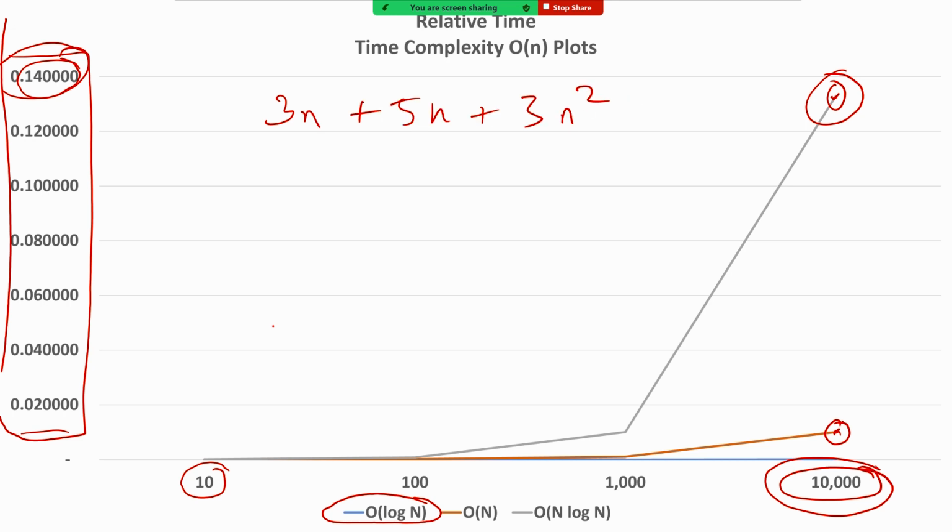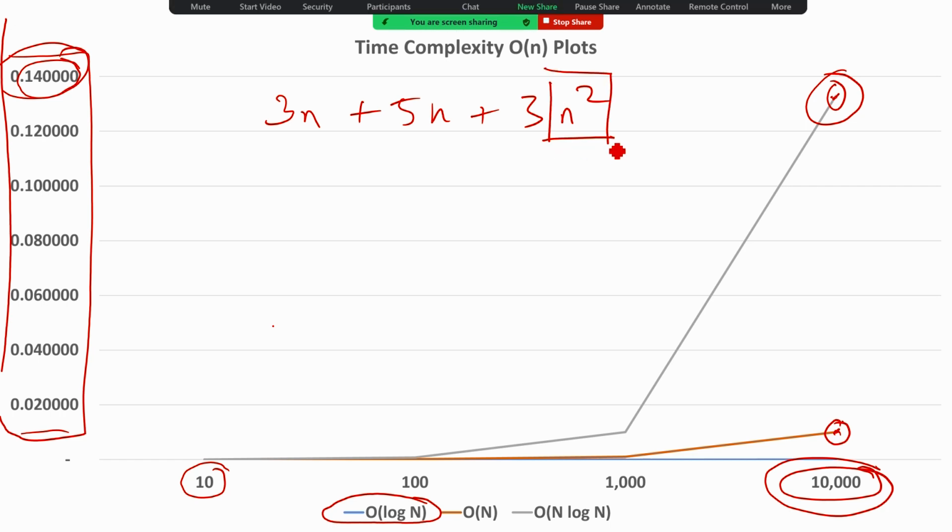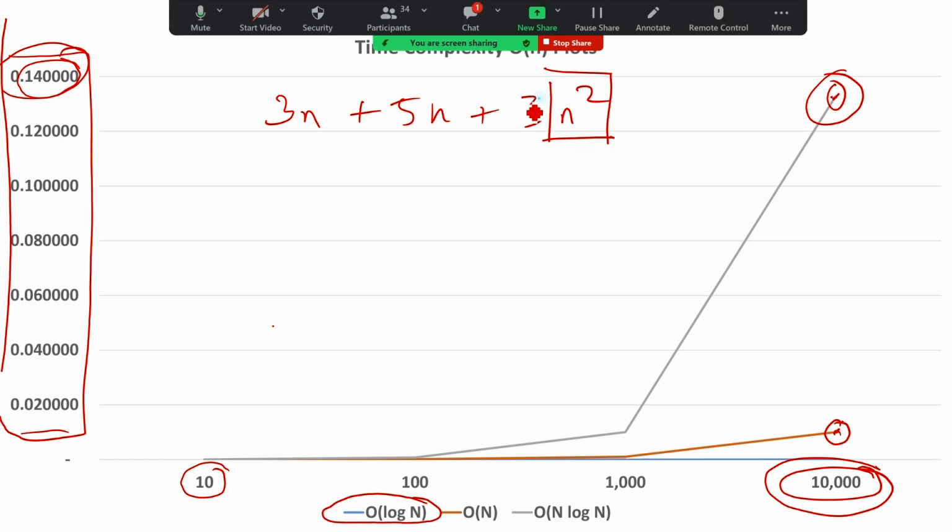What is the time complexity of this effort, of this growth of work? You should only focus on the highest power, not even the coefficient. All of this is irrelevant. This is O